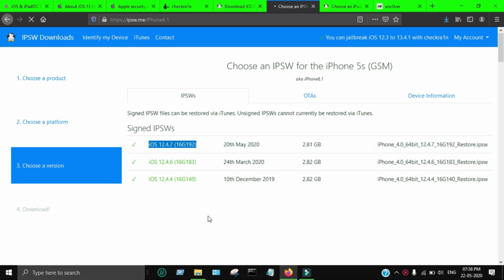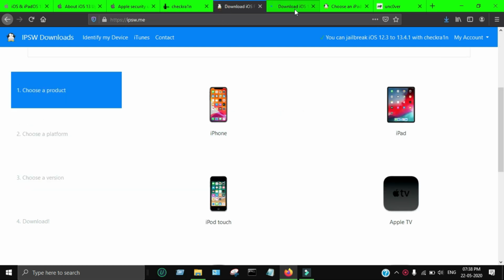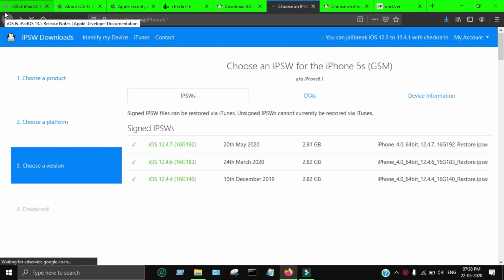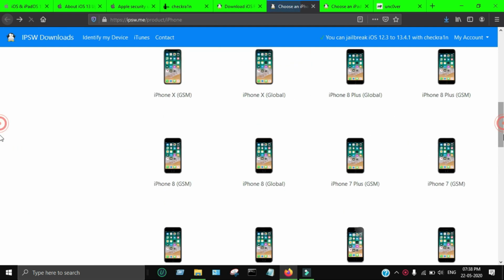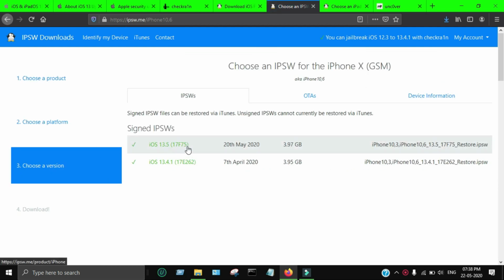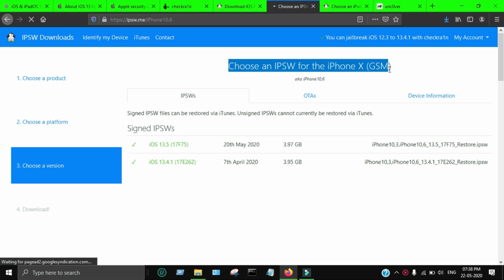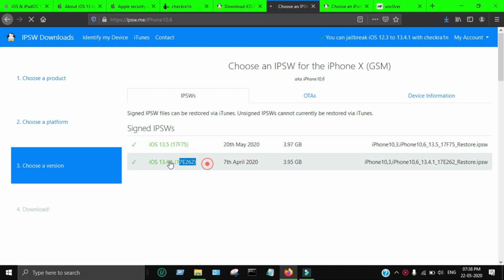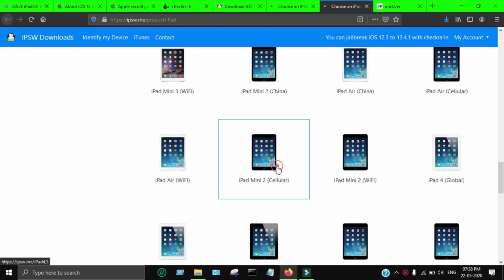The old iOS version 12.4.4 is still signed for the old devices like 5S, iPad 2 mini models and the iPhone 6, iPhone 6 Plus. So I'm recommending you don't update to the latest 12.4.7. Be on 12.4.4, that will be more beneficial for you. And for the latest iOS version, 13.4.1 is still signed, but it will be unsigned in some time, so be on 13.4.1. As you can see, 13.5, the latest iOS version, is available for all the latest iPad and iPhone models, and 13.4.1 is still signed, so be on 13.4.1. It's my personal suggestion because there are some issues in 13.5.